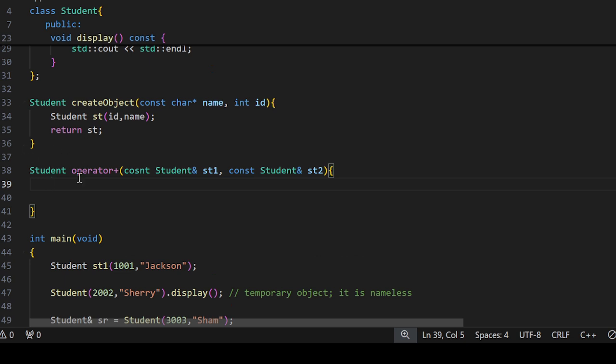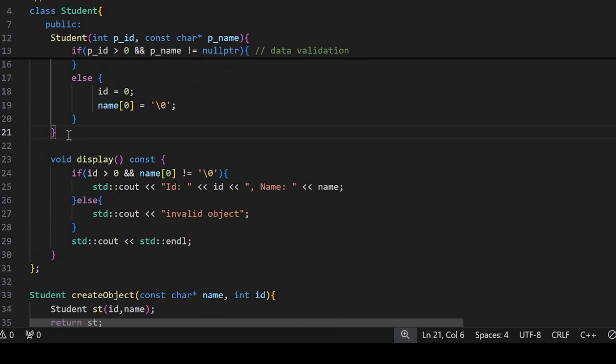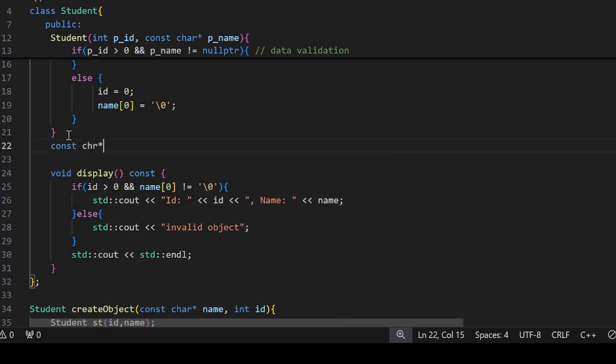The return object will have a name which is a concatenation of the name of the st1 object and the st2 object. So let me create a name equals to new dynamic memory to store st1 dot... I think I need to have a get name, because this is a public space, so I don't have direct access to the name. So I want to create a getter function for name,